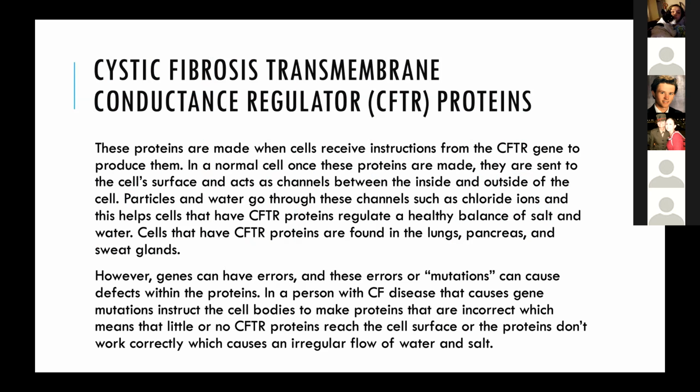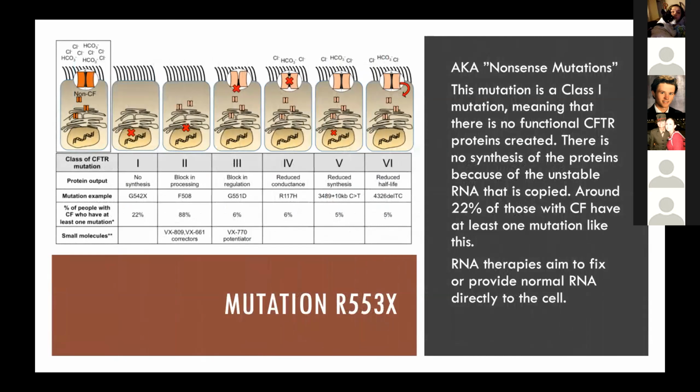which can affect the amount that salt and water are transported between the different cells. So this mutation is also known as a nonsense mutation because it never actually is synthesized. So the RNA is actually unstable, and therefore it doesn't make it past the RNA. There are therapies aimed to help fix the RNA or just providing normal RNA directly to the cell that can bypass this mutation, but